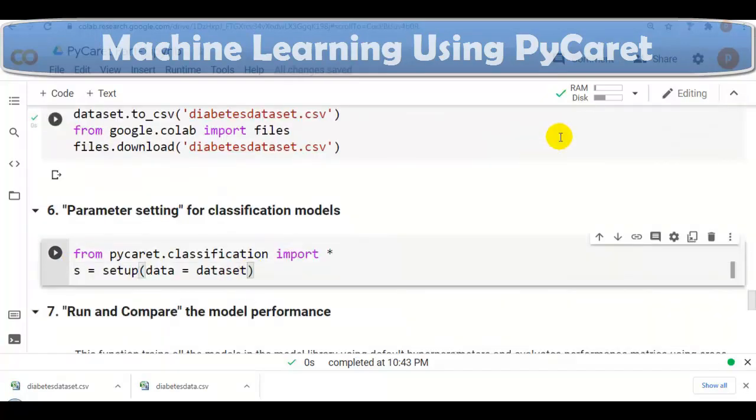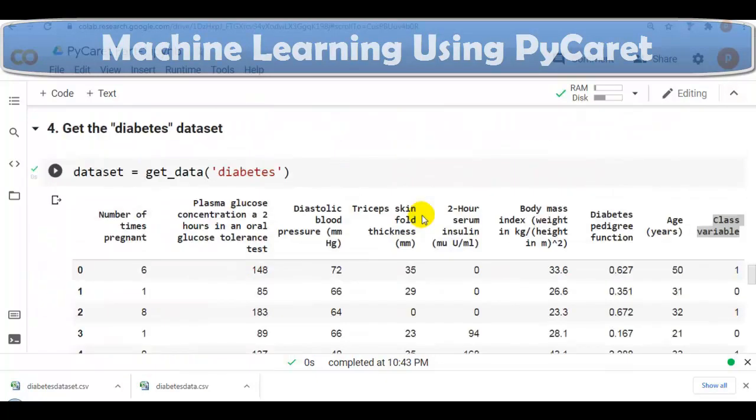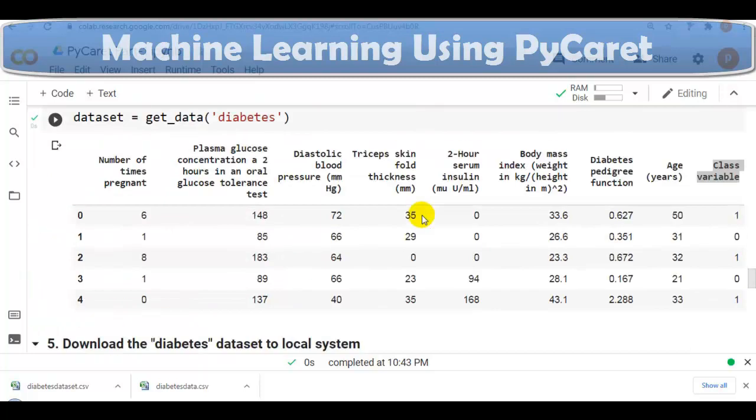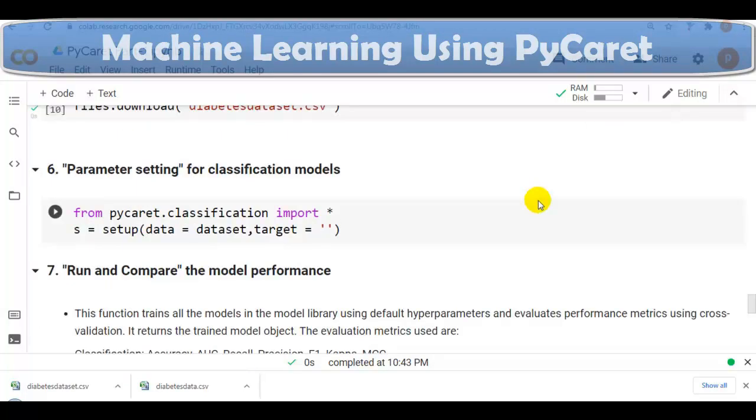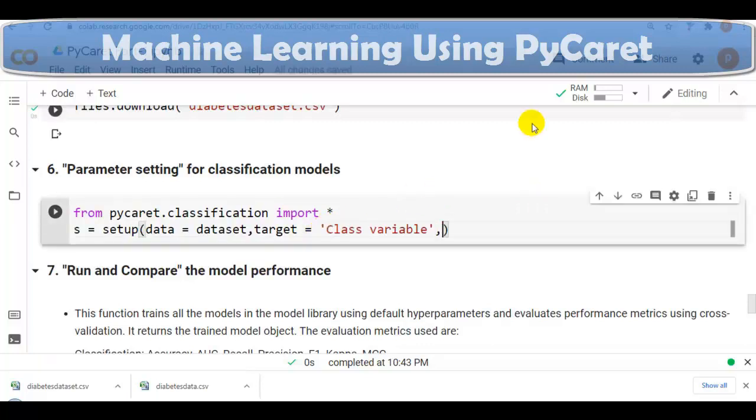This one. And also we have to provide target variable. In this dataset, as you can see over here, our target variable is this class variable. So let me copy and paste it over here. Also we can use train test split. By default value is 70% and 30%, but we can change this using train_size parameter of this setup